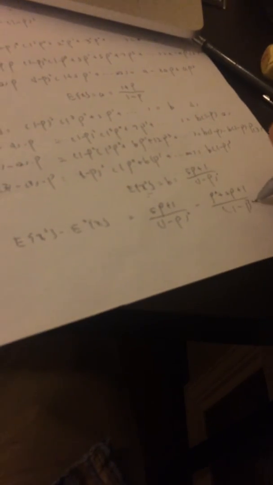So in question D, I asked about the variance of X. We can find it as E(X squared) equals this one, and minus this one, the square root of this one. Equals 3P minus the square root of P divided by the square root of